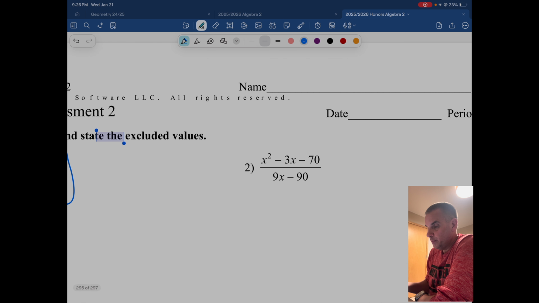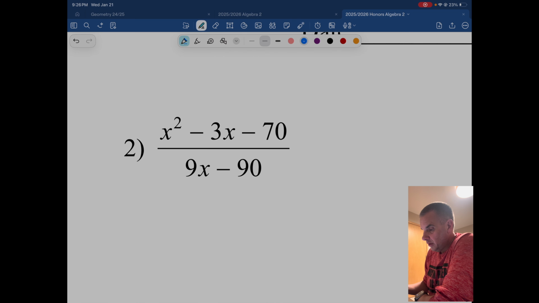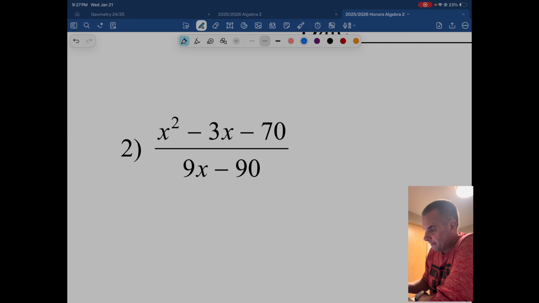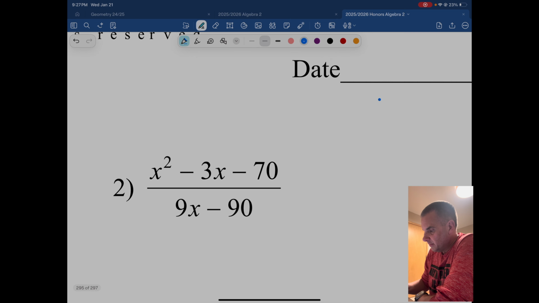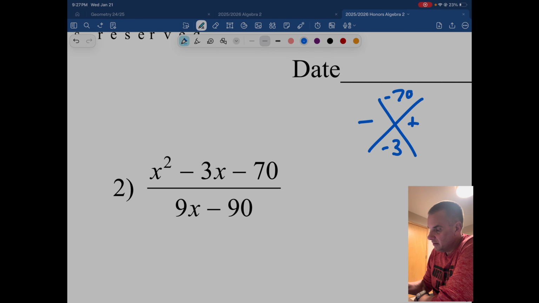Number 2. All right, we're gonna go ahead and factor. We'll use the x method. It's -70 and -3. So a negative and a positive, so 10 and 7. So -10, +7. So this is x minus 10,